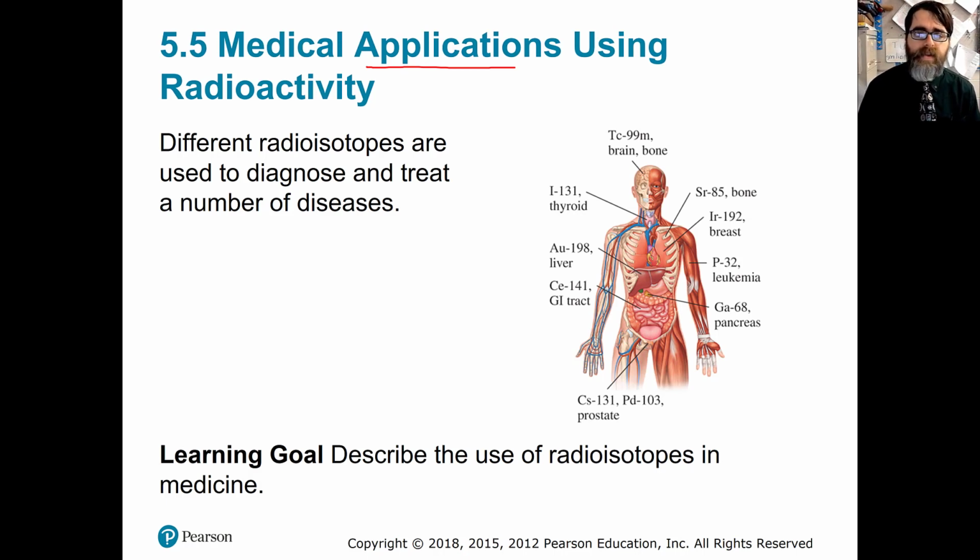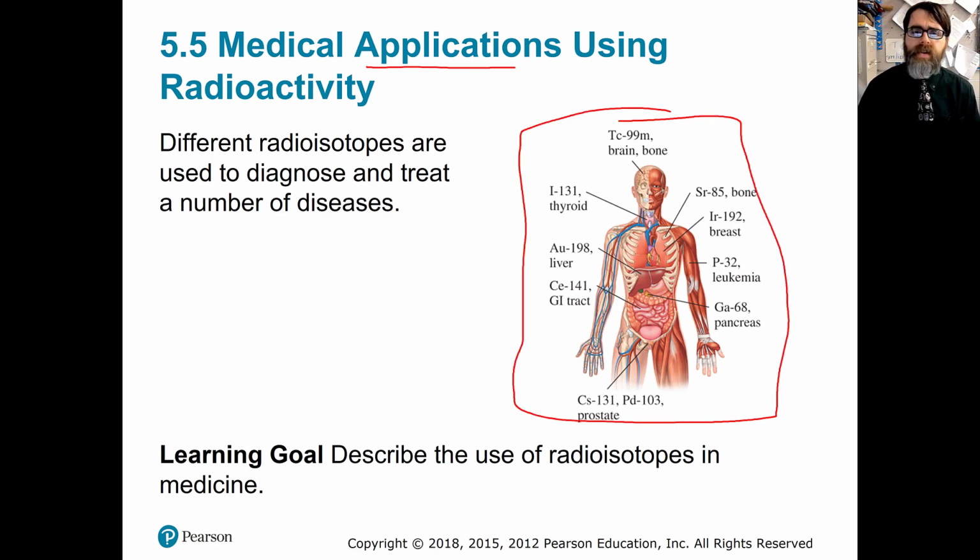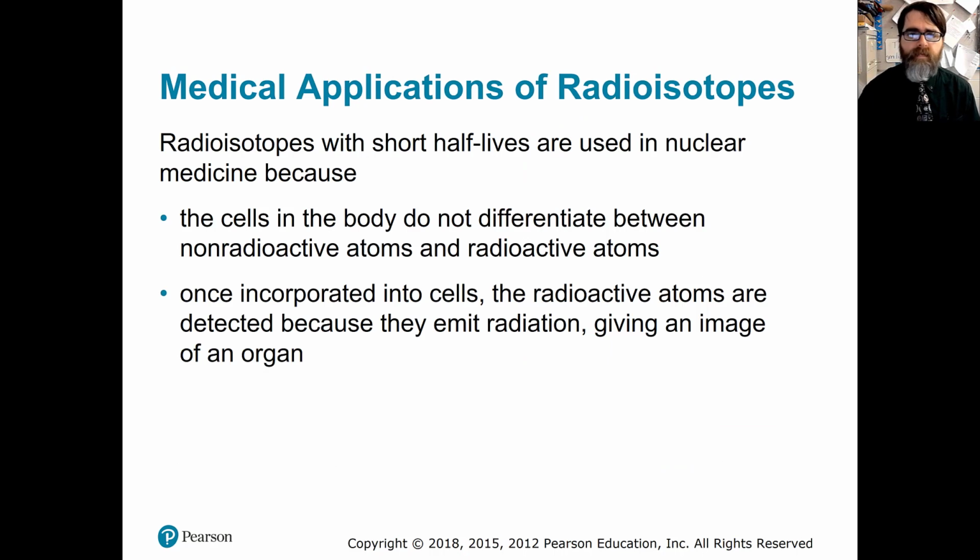I will point out that this is just a wonderful diagram that shows all the different radioisotopes, or some of the different radioisotopes at least, that could be used for treating different diseases, different cancers especially, in different areas of the body. We can also use radiation for scans and imaging, as has been mentioned before, so we're going to go into that. So the big thing is when we're using them in medicine, we want short half-lives, because